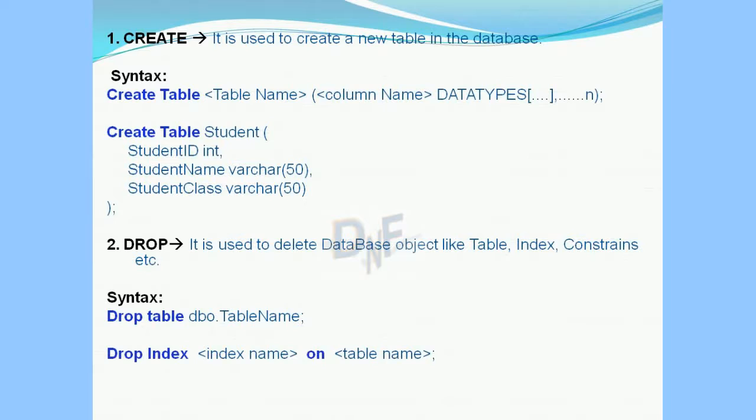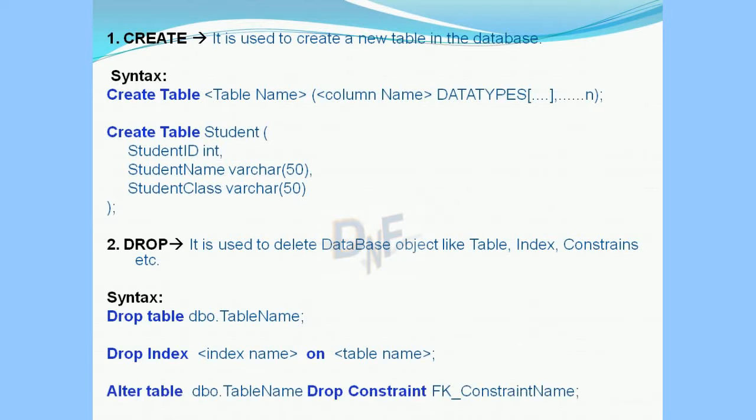Second example: if you want to drop an index from the database, you can type drop index, the index name, on the table name. If there is an index that exists in a table and you want to remove that index, just type drop index name on the table name in which the index exists.